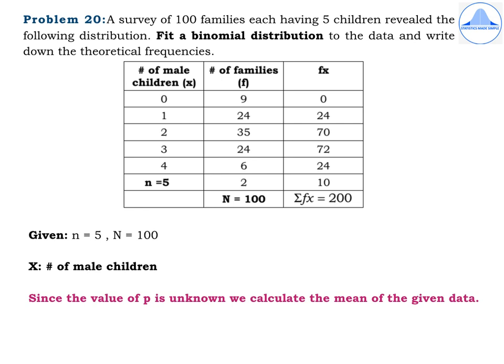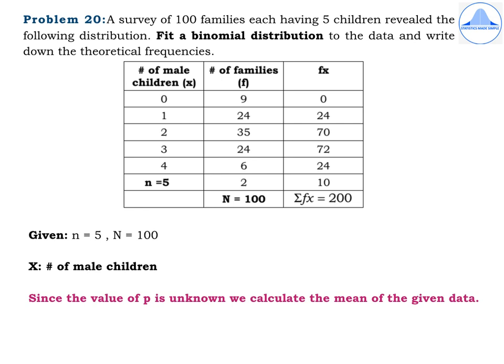Now if you observe the question, it doesn't have the words like equally likely. So if they had used the word equally likely, it means that the number of male children and the number of female children probability would be the same, which is 0.5. But that is not mentioned to us in the question. So it means that the parameter P is not given to us.